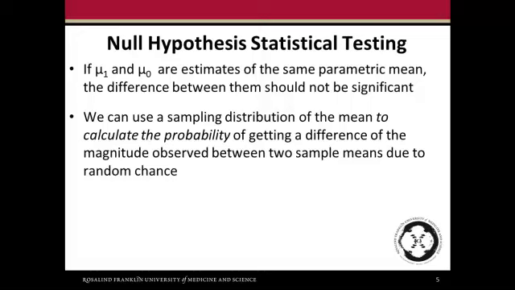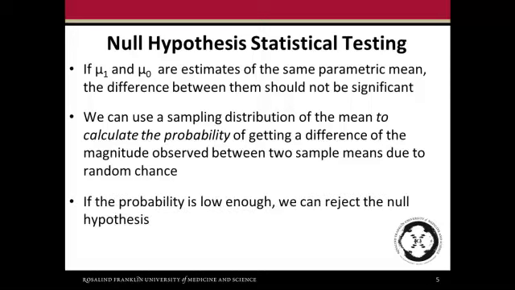So we want to know if there's differences in these values of mu1 and mu0, what's the probability that that's just due to random chance versus being some biological event. And so if the probability is low enough that the difference that we're seeing between these two means is unlikely to be due to random chance, then we can reject the null hypothesis and say that something biological is likely causing the